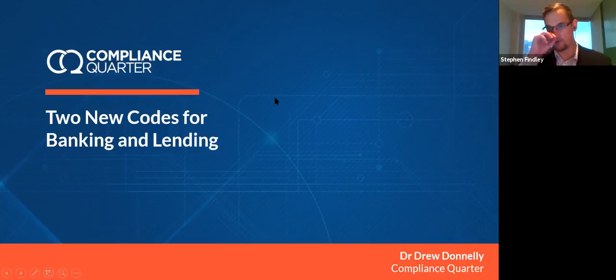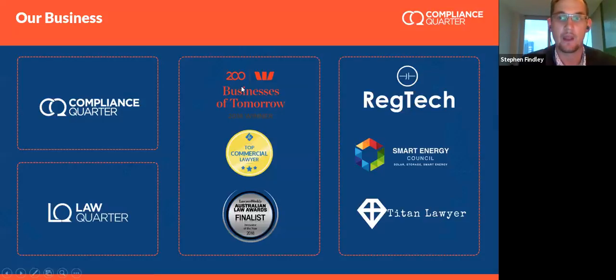So what I'm going to do is have a bit of an introduction showing the regulatory environment where these 2 codes have come from, who they apply to. Then I'll move into the specific codes and the details of those codes, contrasting them, and then talking about what some of the implications are for banks and other lenders. Okay, so